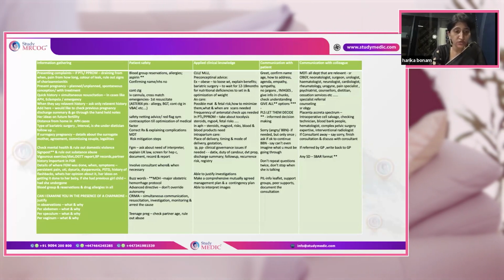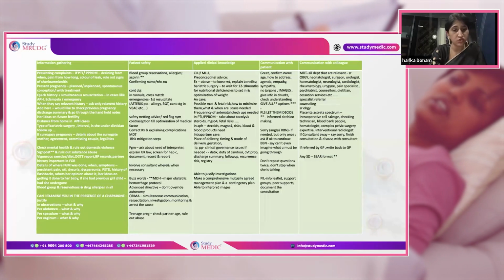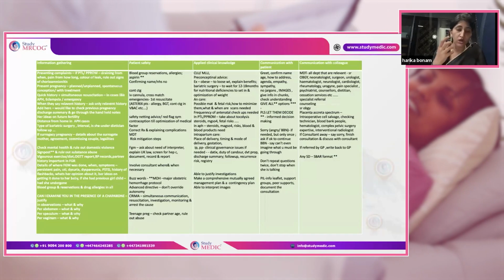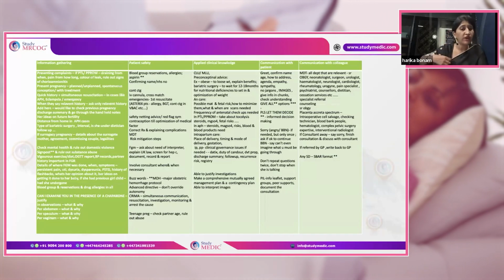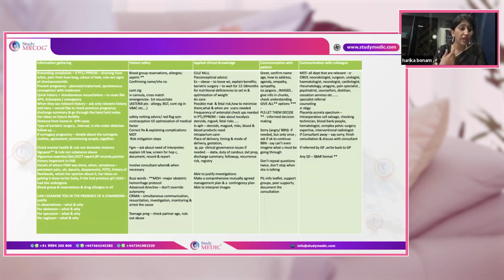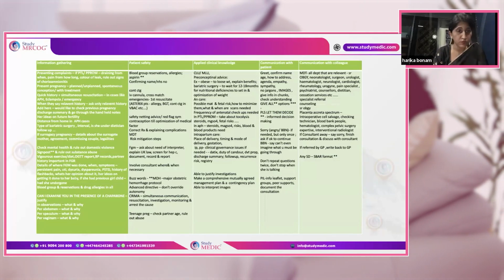Like in any other station, drug allergies and blood group reservations are very important in FGM stations. Smears are also important. Depending upon what kind of station you get, you'll have to see what other relevant things to ask. For example, in teenage pregnancy, you'll have to rule out abuse, ask the age of the partner, and rule out grooming and all those things. In FGM, you'll have to ask about smears.